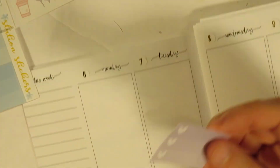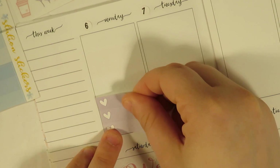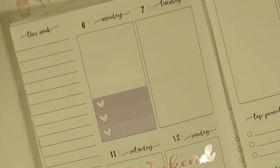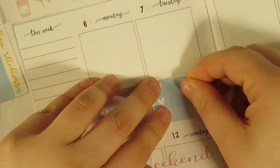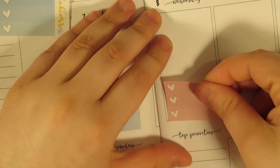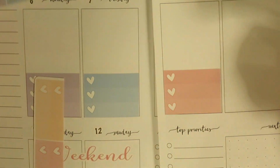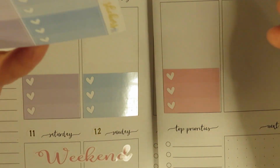So I'm just gonna put these suckers down here at the bottom. So that's all to say, the reason I just put a weekend banner down is because there's not really any plans that I know of, and besides that, the only thing I use these inserts for on the weekends, the very few times that I do, is just to mark when certain things happen. So if somebody makes a request of me on a Sunday, a lot of times I'll reply and let them know, hey, I'm not gonna get to it until Monday,